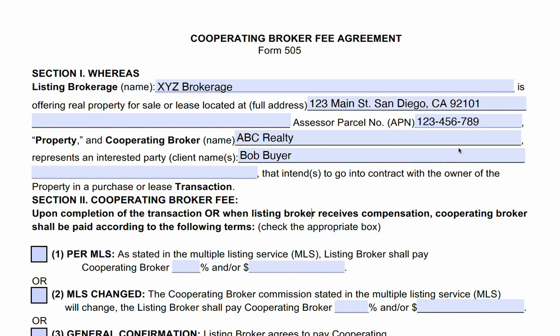This is a tutorial on the cooperating broker fee agreement, and this form is used to put in writing the compensation or commission paid from one broker to another, traditionally when the listing broker is paying the buyer's broker, also known as the selling broker. And if you're looking for a form for commission between the property owner and you or your broker, that's a different form. We have a tutorial for that, and I will link to it in the description,